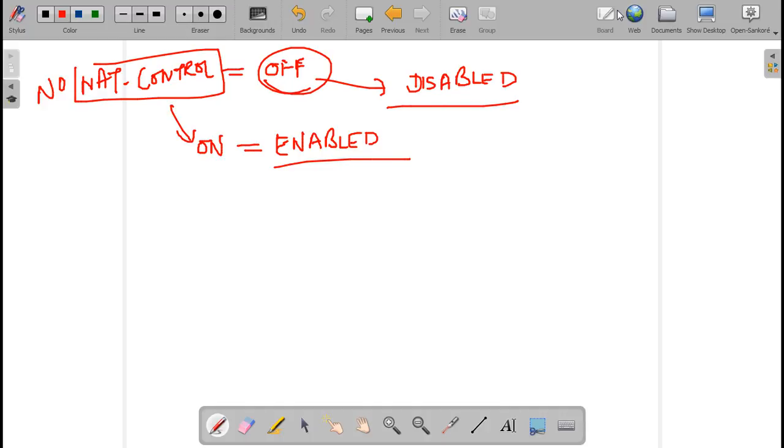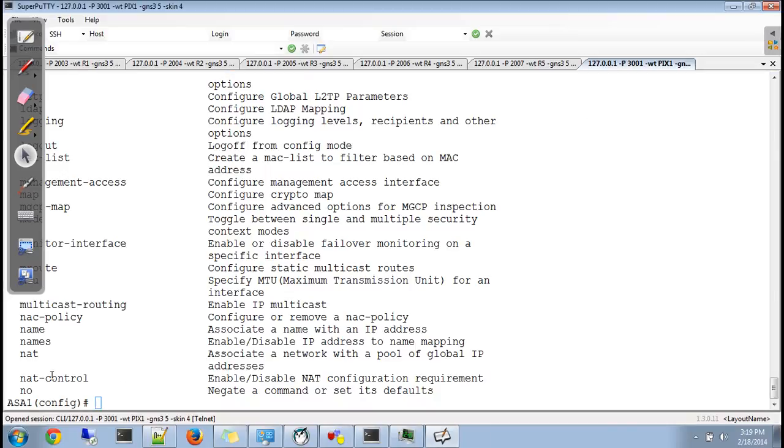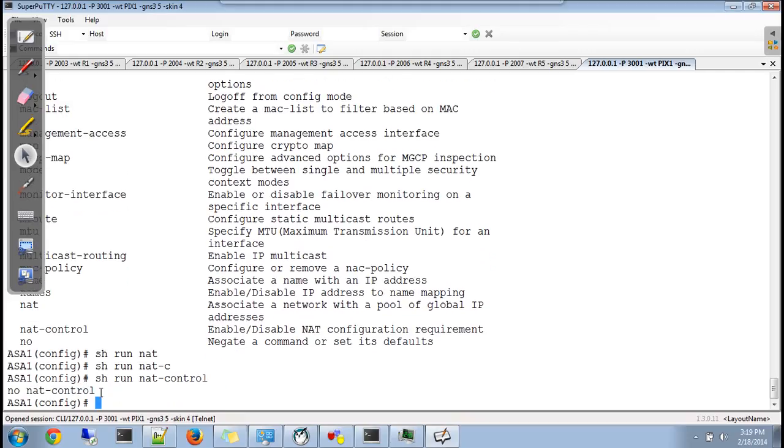Now how does this work? Right now, show running nat-control. You see it's off. When it is off, it is disabled. It means that NAT configuration requirement is disabled. It means you don't need NAT configuration. Even if it is not there, it's okay. So in this case, if we try to do this,